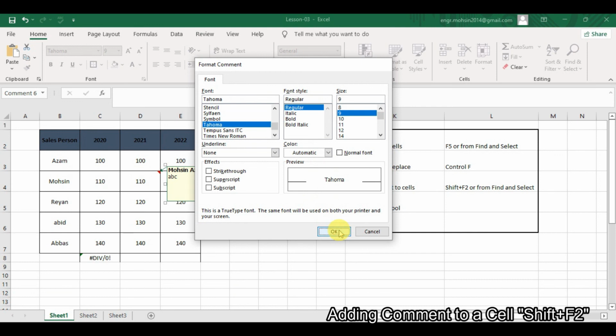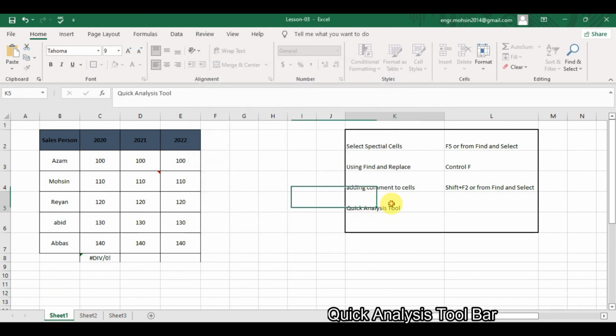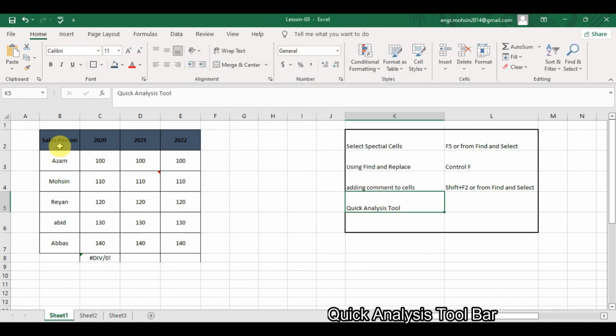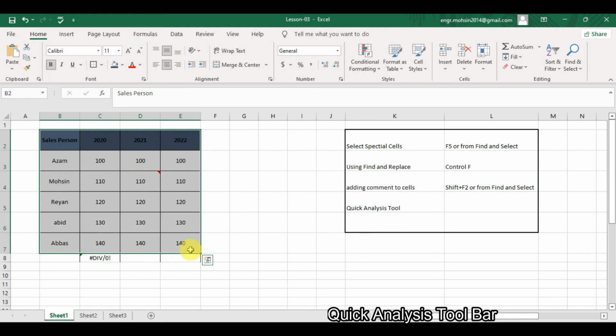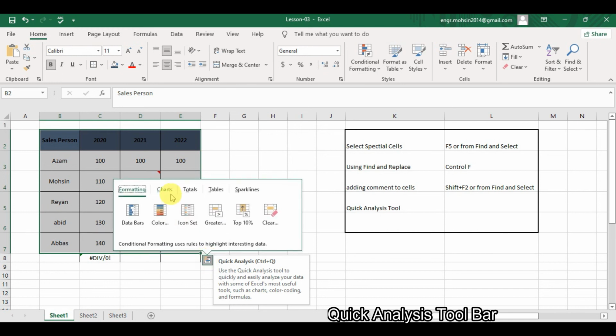After this we have the quick analysis toolbar. The quick analysis toolbar is basically an advanced option. By selecting all this table here, one small box will appear. By clicking this box you can access the quick analysis toolbar. It contains all the commands which are in the ribbon, but it is just like a shortcut for all the commands.